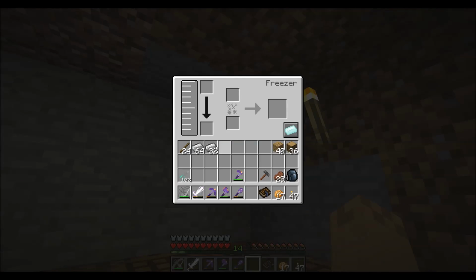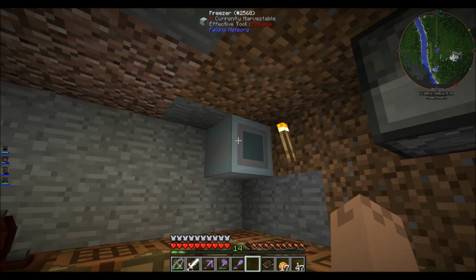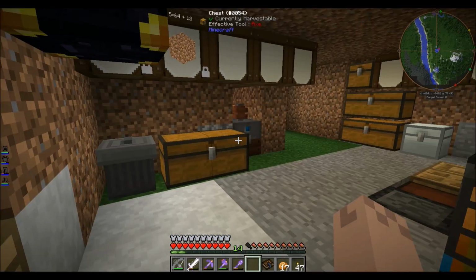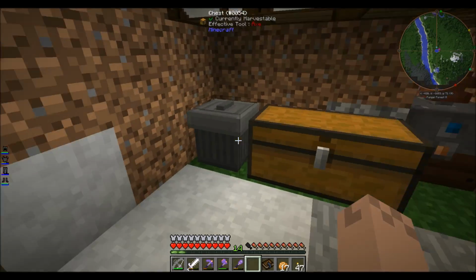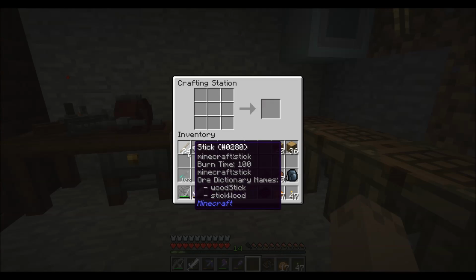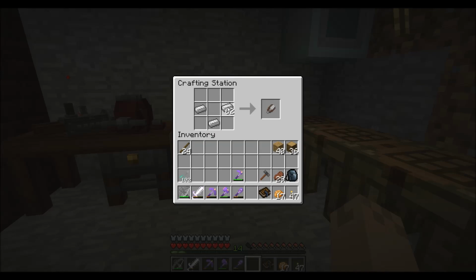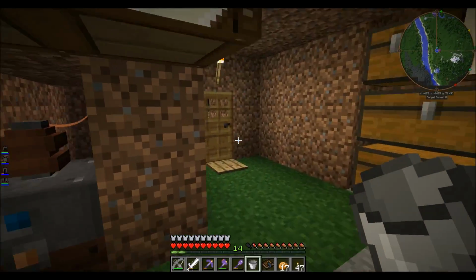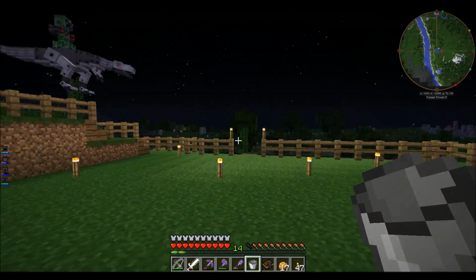Alright, guys. So I borrowed a little bit of materials here. Now, how does this work? Let's try... I used up my bucket to make that, but I can make another bucket. Let's make another bucket and go grab a bucket of water and see if that works. I may have to make an infinite water source and pump...